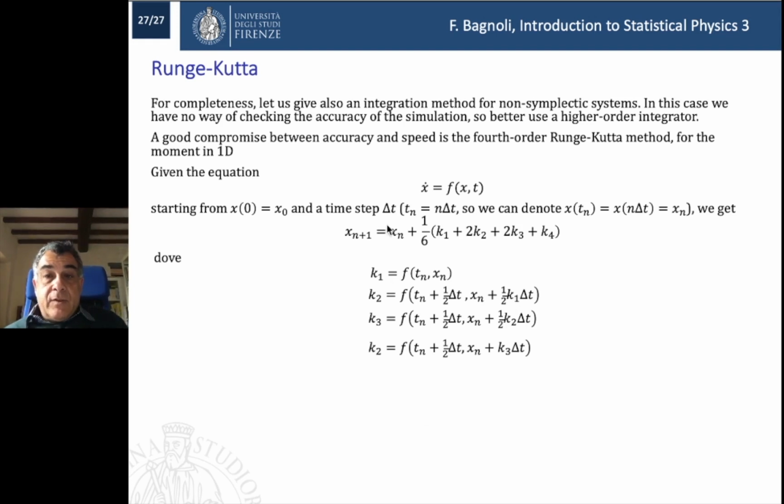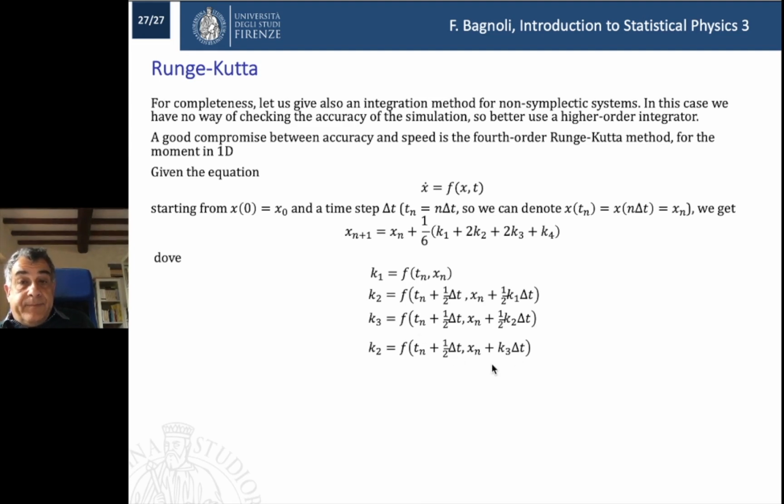And so the method is an iterative method. I compute the first force at a certain starting point, then I increase a bit the time, increase a bit the position, and I compute again the force here, then again and again, and finally I compute a kind of average of these computations, and this gives you the new